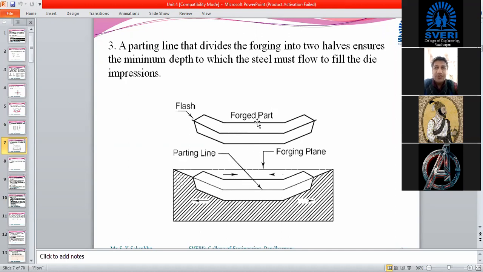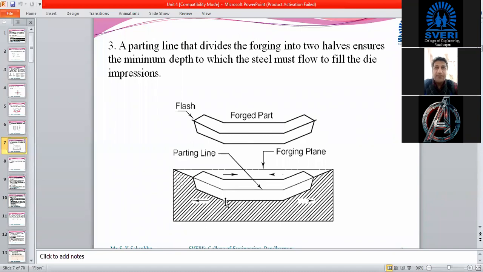In forging, you use a hammer or punch. For providing holes, you use a punch, and to get the material to flow inside the die, you hammer it. So for the forging plate which you are going to use, and the part to be manufactured shown in the upper diagram, you have to provide this parting line so that the maximum material will get pressed inside the die, by the hammer. So such a parting line you have to use in the case of forging.